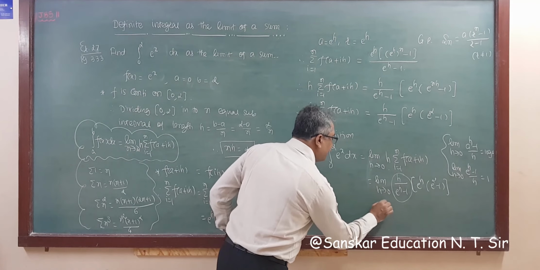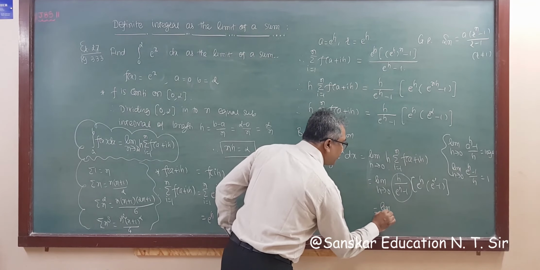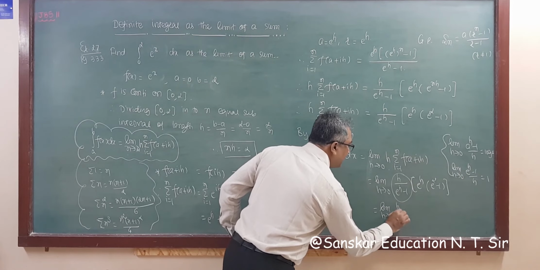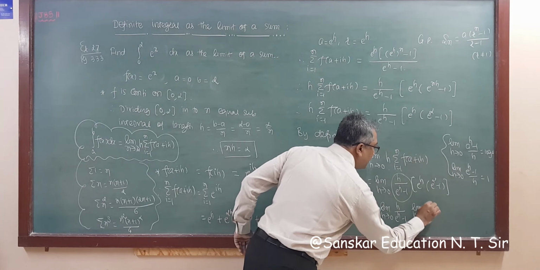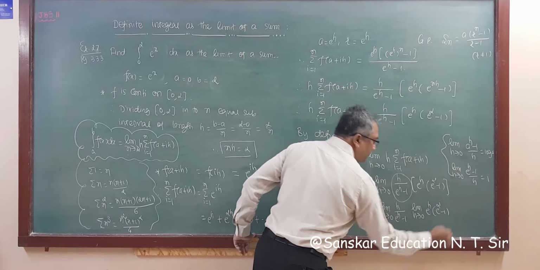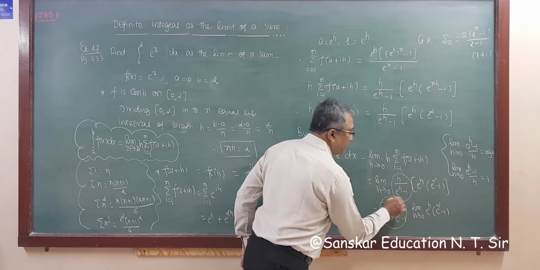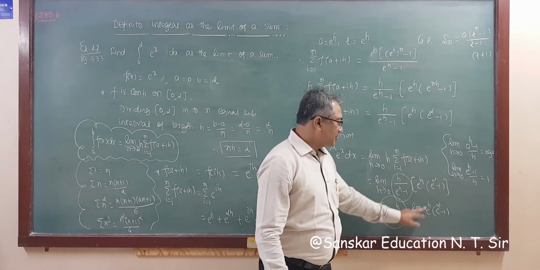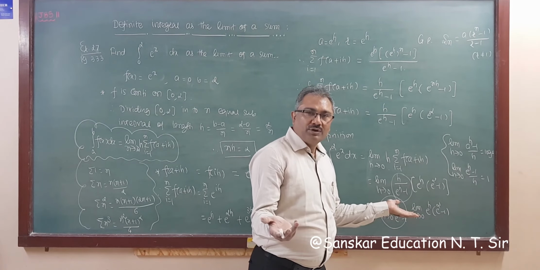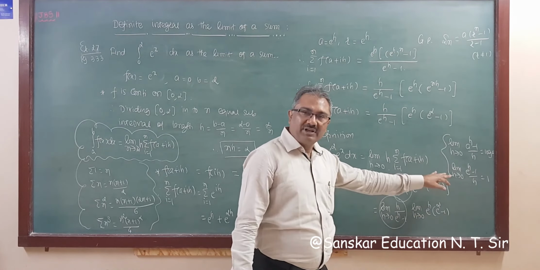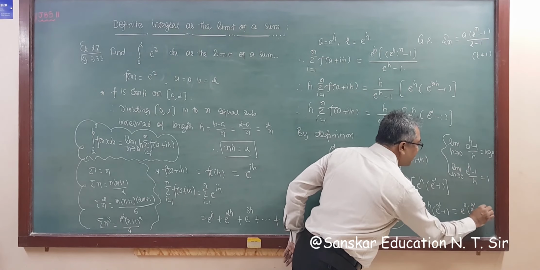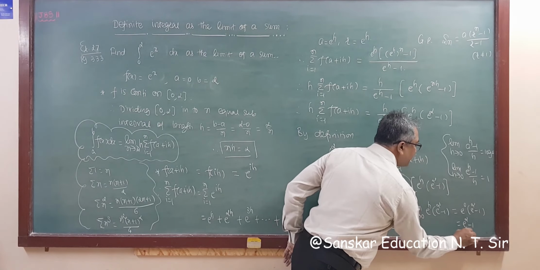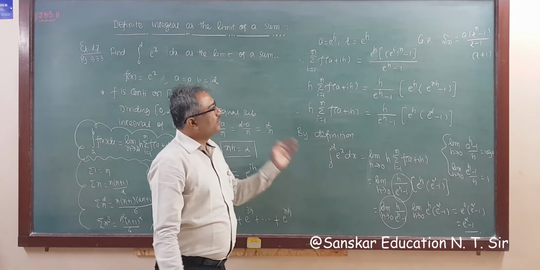Right? So applying limit. So limit h tends to 0 of h upon e raised to h minus 1, and limit h tends to 0 of e raised to h into e square minus 1. So the first is 1 by definition, by formula. H tends to 0, there is no denominator, so no need to check or apply any formula. Completely simple, just substitute the value. So this is e raised to 0, this is e square minus 1, so the answer is e square minus 1. So I showed you two questions, one polynomial and one exponential function.